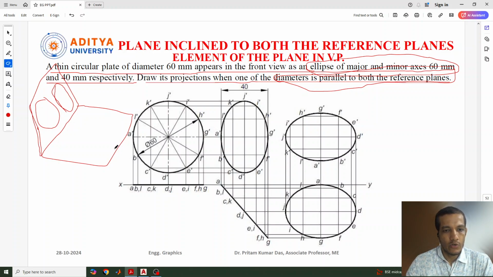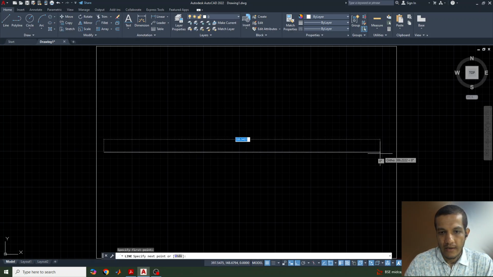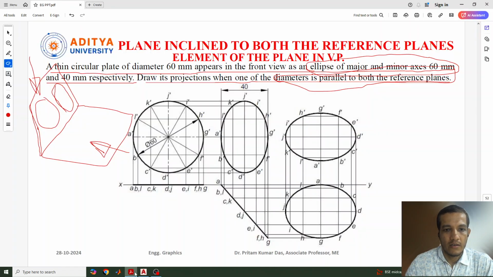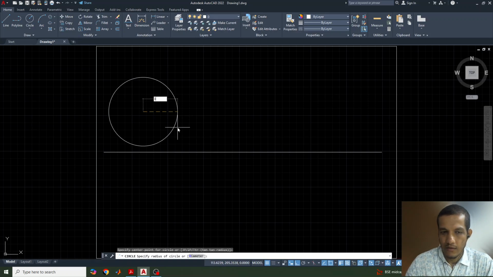For that we need to draw the front view first. The front view will give the actual true shape of the object, and this is the top view. So the front view will give the circle, and first we need to draw a circle here. Let's go to AutoCAD. I have already opened the drawing sheet by the MB setup command. Select the line and draw a reference line, and select a circle. The circle diameter given is 60 mm, so we can take one circle of 30